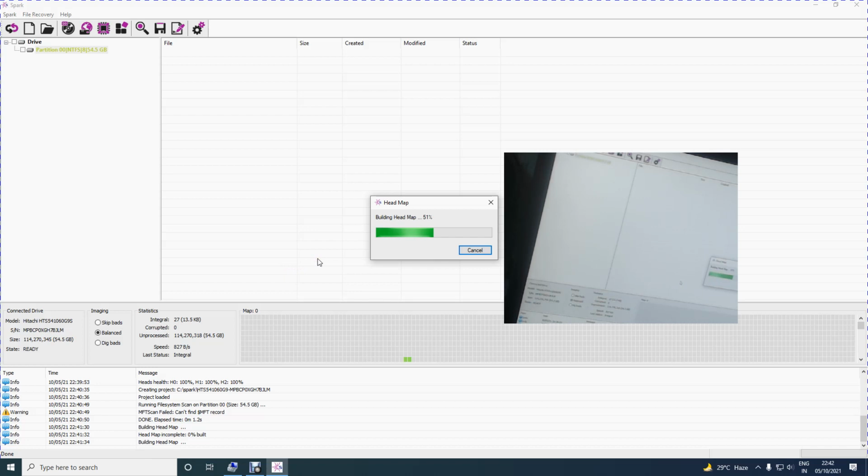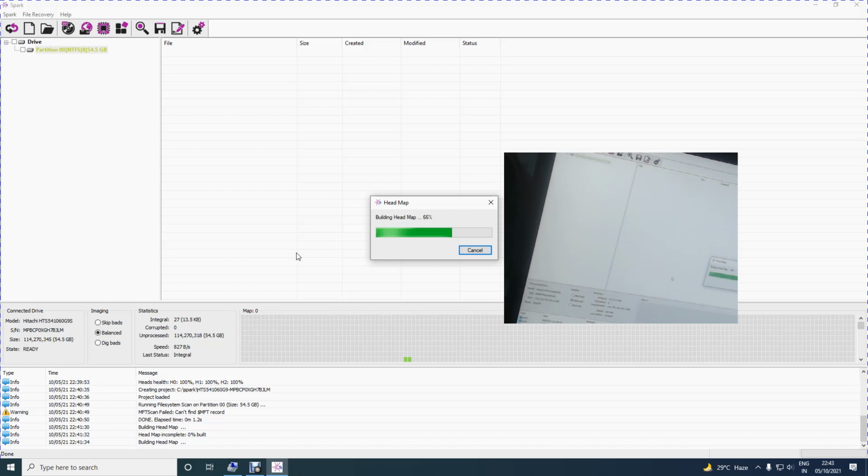As we know earlier, all the heads were 100%. So the head map here is just to demonstrate how beautifully head maps can be done in a small diagnostic and recovery tool like Spark.